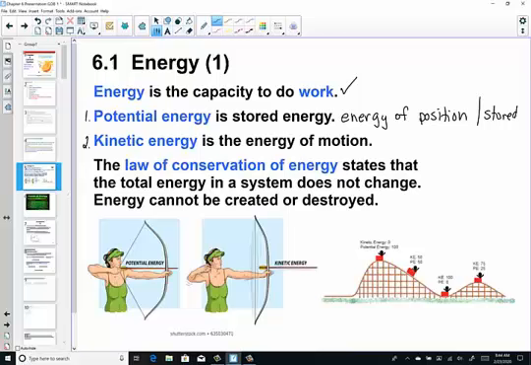We call this the law of conservation of energy, which is a law in thermodynamics. It simply states we cannot change the amount of energy in the universe. We cannot create it. We cannot destroy it. All we can do is let it change from one form to another. The law of conservation of energy says the total energy in a system does not change. Energy is conserved. Energy can change from one form to another. But the amount of the energy in the universe is constant.